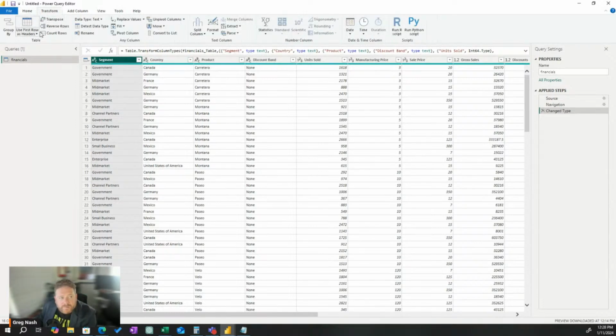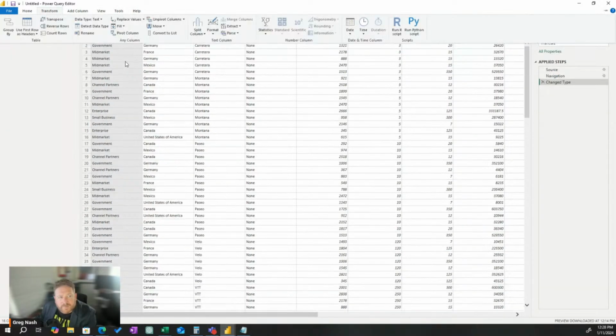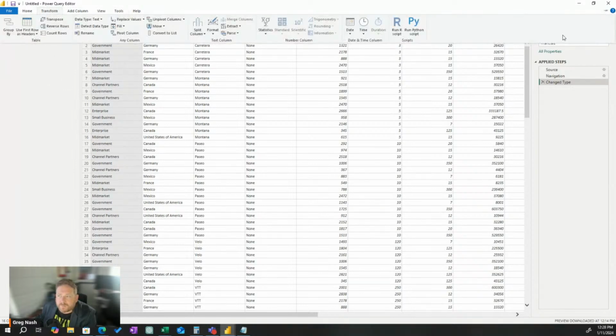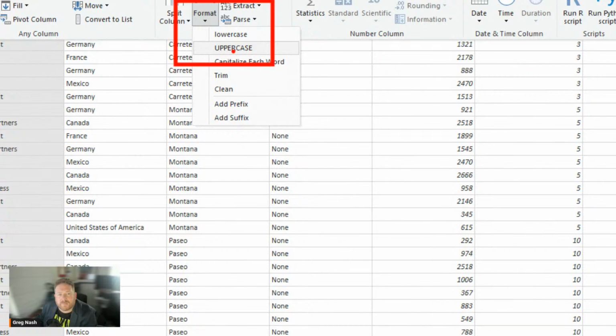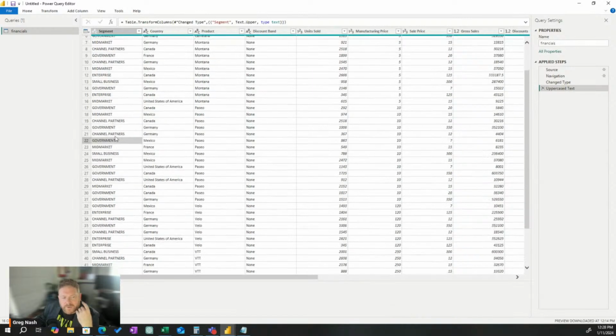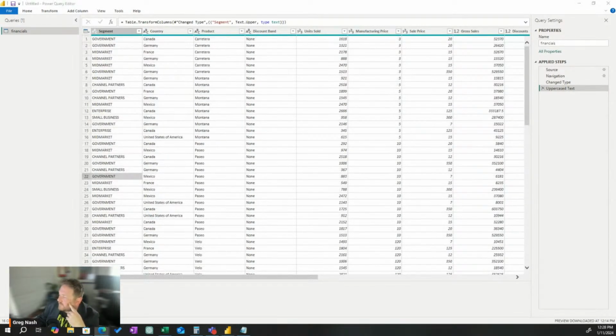Okay, so what I'm going to do is click here to transform. And then I'm going to go to, oh, what happened there? Did I unpin my thing? That's weird. I'm going to go to format. I'm going to say uppercase, like that. Transform, format, uppercase. That makes it all uppercase. That's nice. Apparently that's what I'm supposed to do.